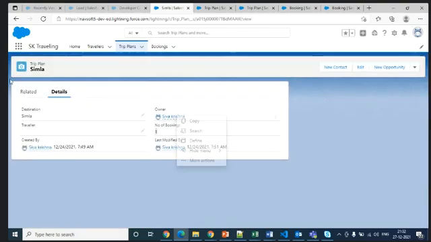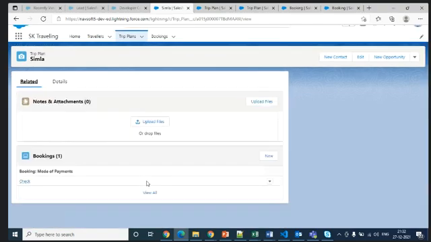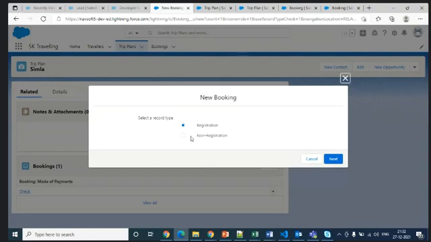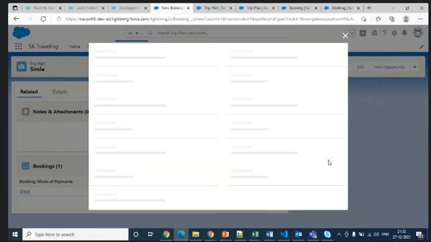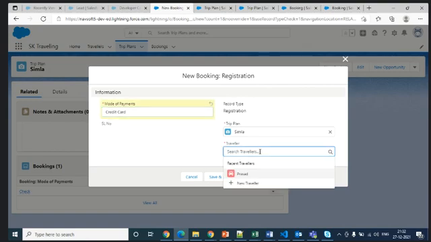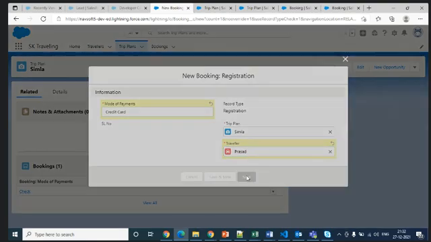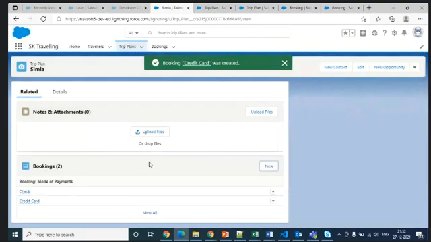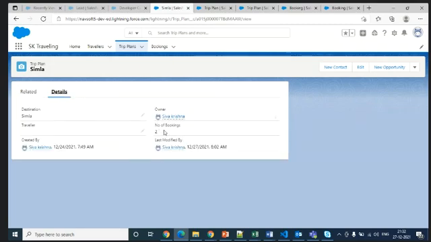Now see, number of bookings is one. If I click add one more, with credit card, now the count should be two. If you go to the page layout and see, the count is two.